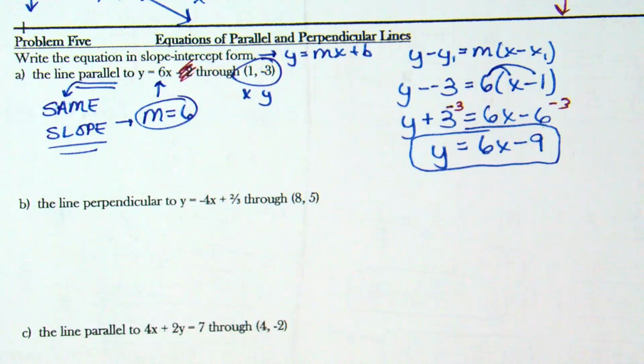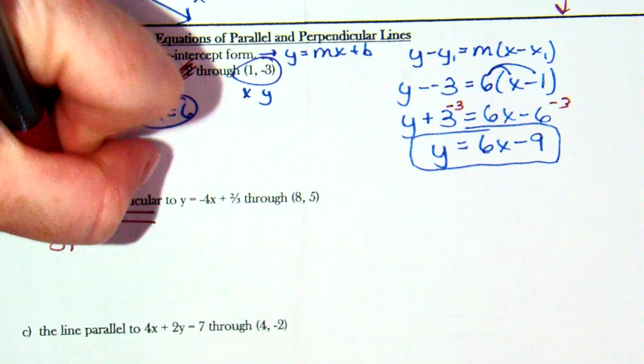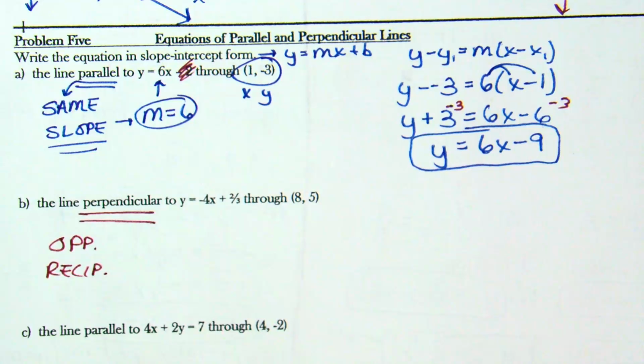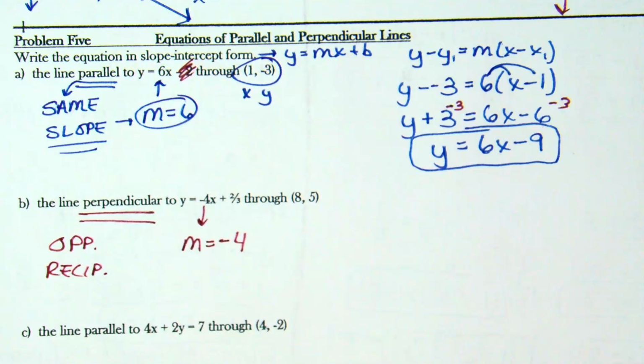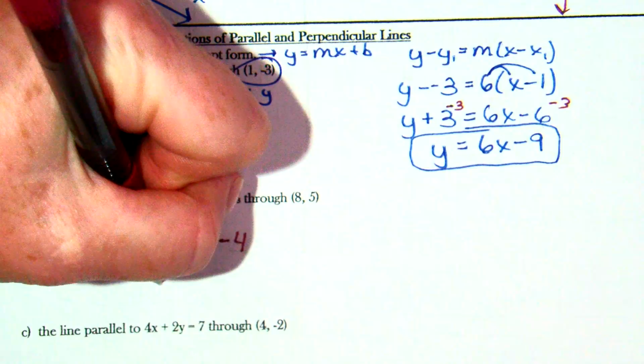Is that the slope I'm going to use? No. We need to find the perpendicular slope. What is the opposite reciprocal of negative 4? Positive 1 over 4. Yes? Because what is 4 as a fraction? 4 over 1. So it's going to be positive 1/4. So we're going to use that slope and